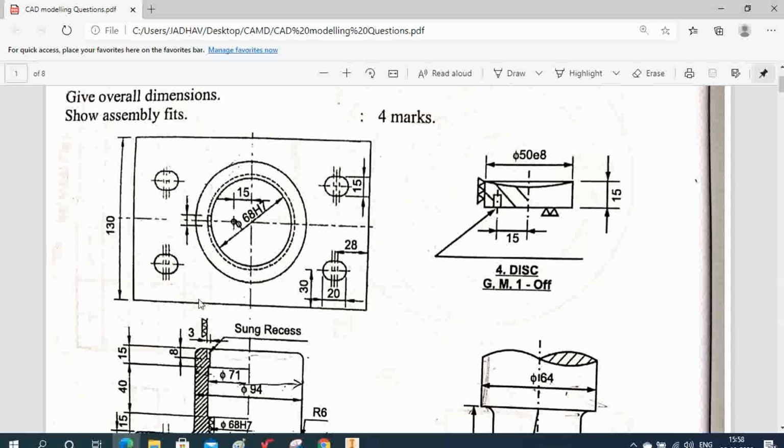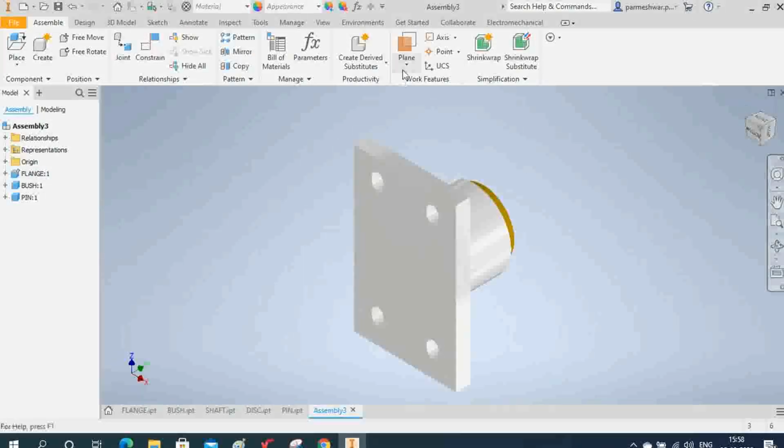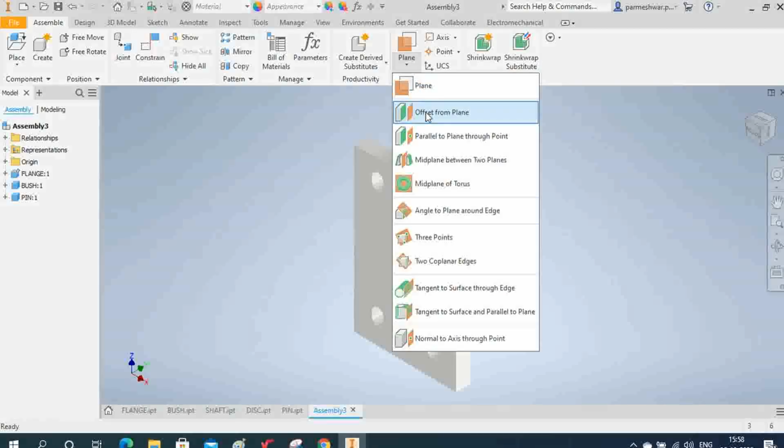That means I can take this plane here, perpendicular to the screen, and offset it up to a distance of 65, half of this 130, right? So here is the option, offset from plane.